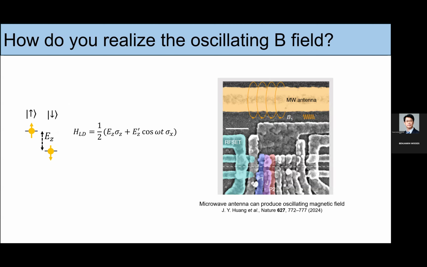Well, there's one way to do it. It's kind of straightforward. It's to put a big antenna next to all these quantum dots, and you drive an AC current through it, right? Which is shown here from a recent Nature paper out of a company called Diraq in Australia. And when you do this, driving the AC current, that's going to cause an AC magnetic field, right? Just by the usual Biot-Savart law or whatever of E&M that you learned when you were a sophomore or whatever it was. Right? Okay, so this is one way of doing it, and there are groups that are pursuing this in the world,